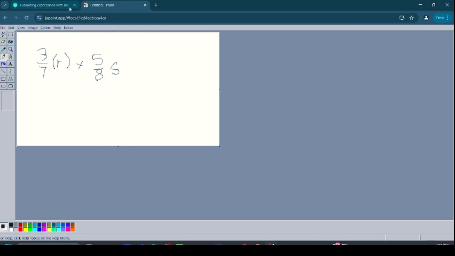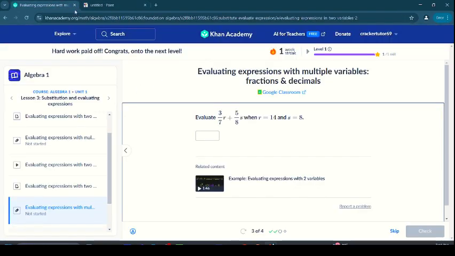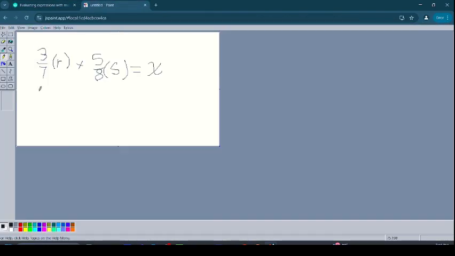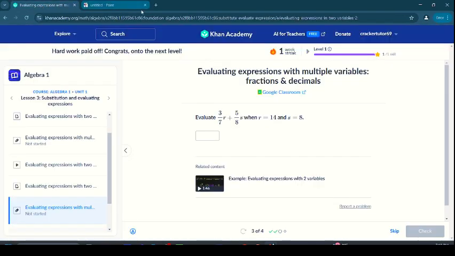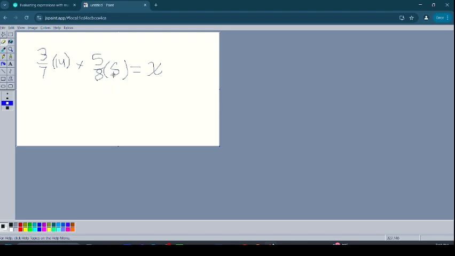8s. Alright, so we're figuring out, let's just use x as a placeholder variable, right? X is what we're trying to find. We're setting up this equation, and we're trying to find that x will be our answer, right? So we have r equals 14, so let's put that in place of that. Let's see, 14, and s equals 8. Alright, and as we see here, it will be,